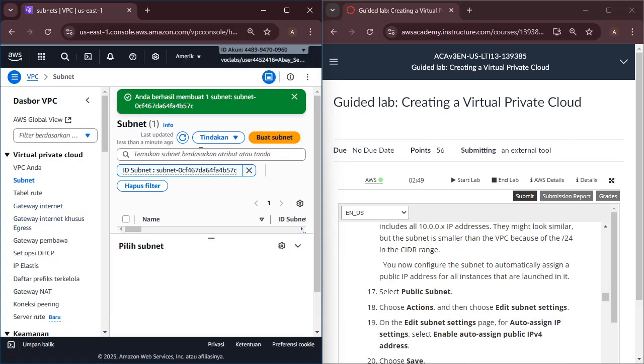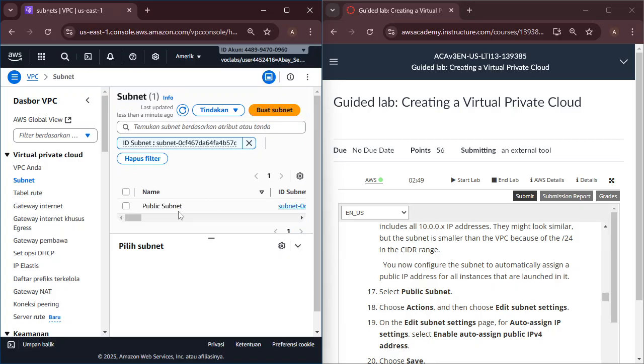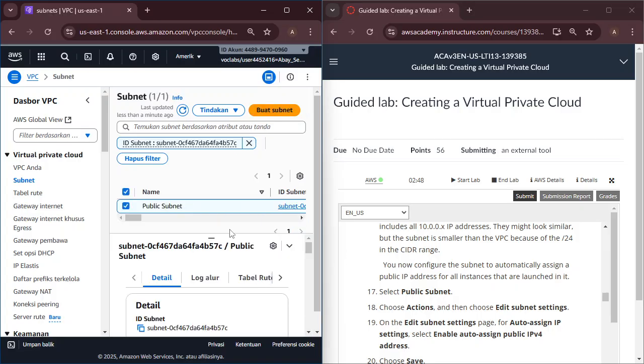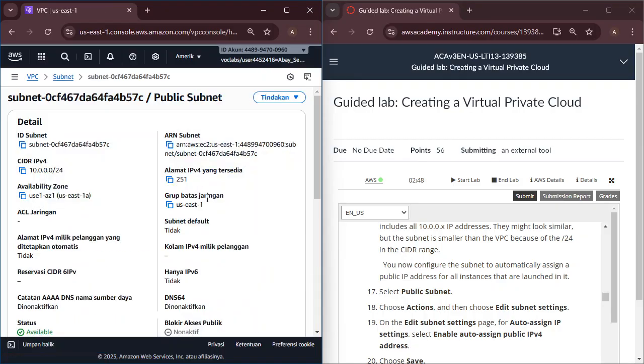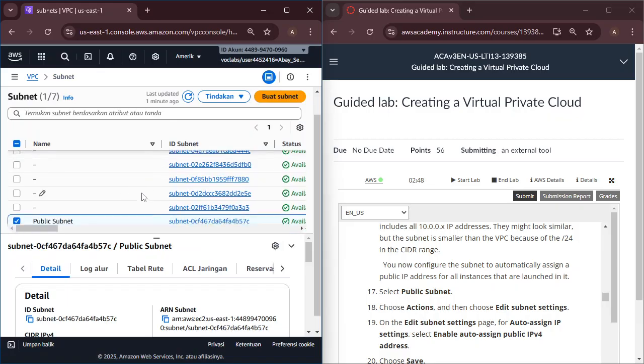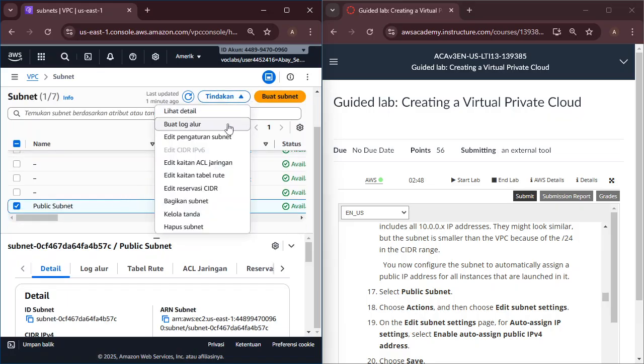I will select the public subnet, and choose Actions, and Edit subnet settings.